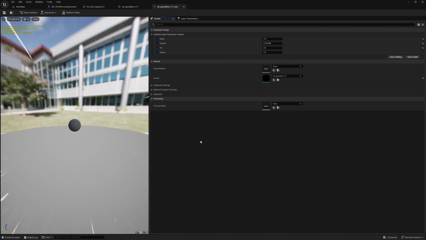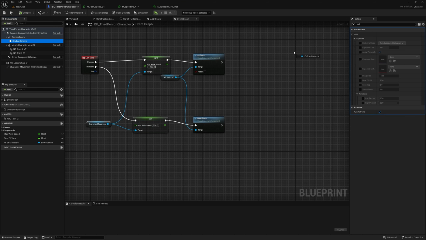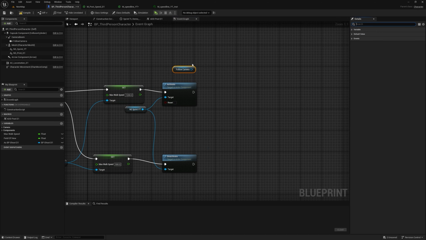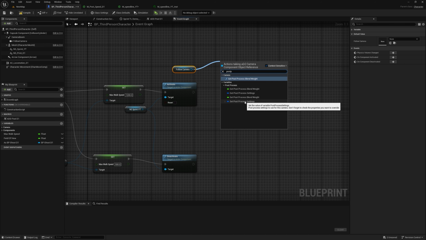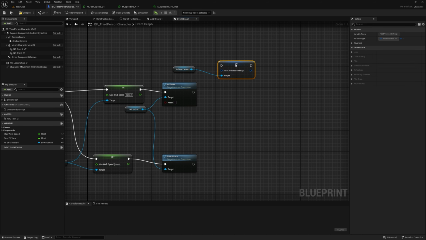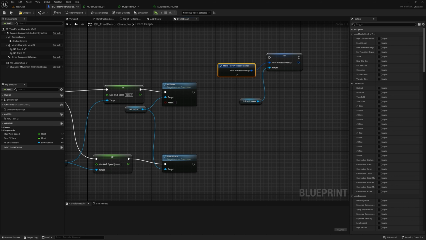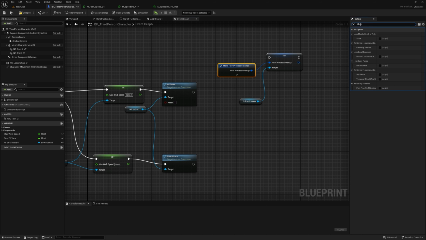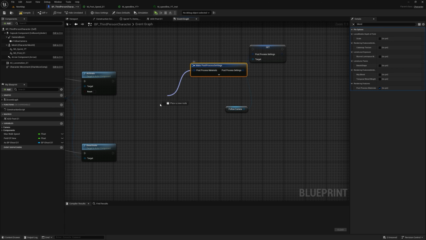So for that, we can go back to your third person blueprint. So here, just drag and drop the camera like this. And here, drag and type in post process settings and select set post process settings. And here, just drag this and type in make post process settings. And here, we can search for blend and select post process material as pin. Then here we can drag and type in